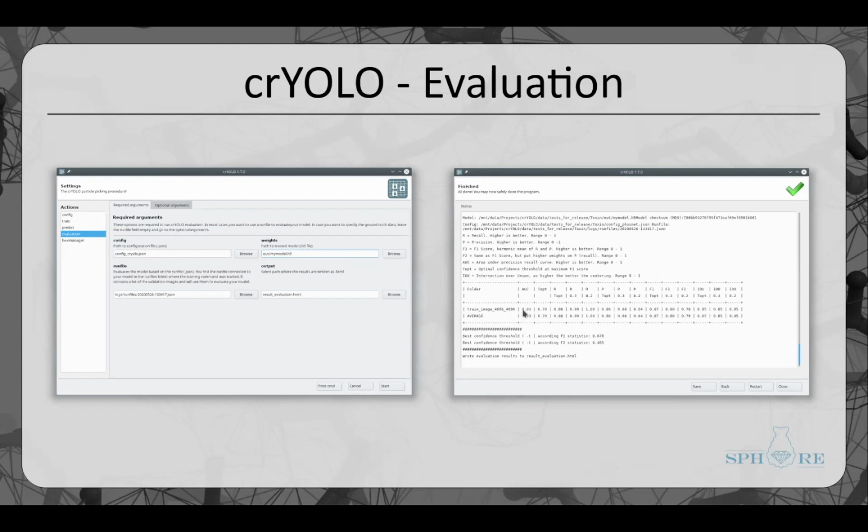So the higher this number, which goes from 0 to 1, where 1 is the best and 0 is the worst, the better your picking was in terms of your validation data. And it will also tell you what might be an ideal picking threshold. And this is basically evaluated